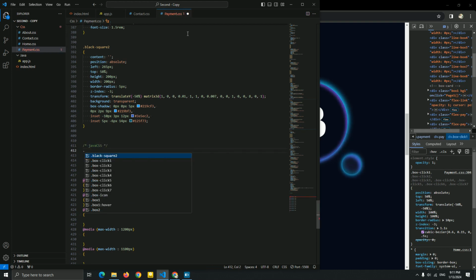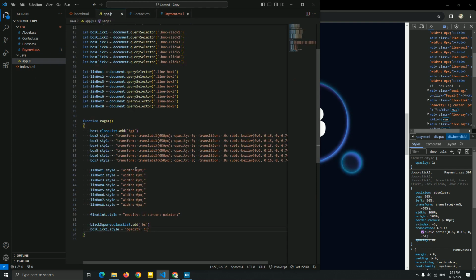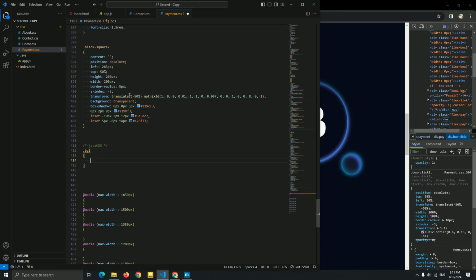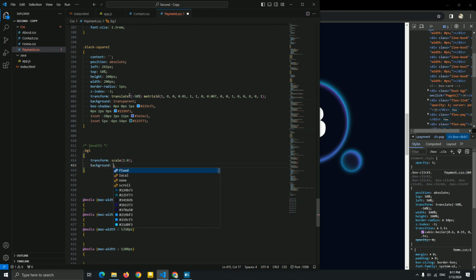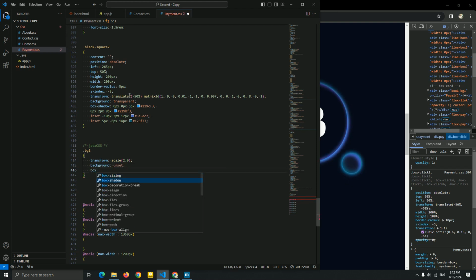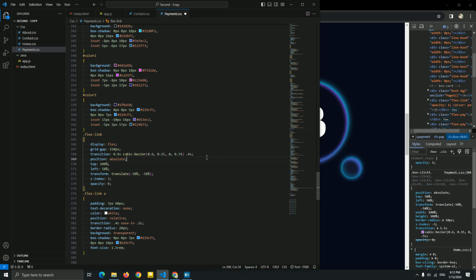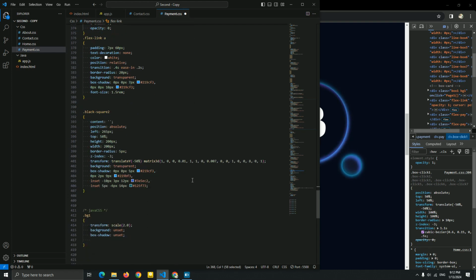As we named it BG1, we just add a style for this BG1 class list. I'm gonna add it here. So for this BG1, guys, I'm gonna add a transform first, a scale 2.0. I'm gonna add a background unset, box shadow unset, to just remove the box shadow and the background, and I'm gonna just add a transition for this. So let me just copy this, paste it for this, and I'm gonna add 0.2 seconds. Okay, this is good. Let's see it.